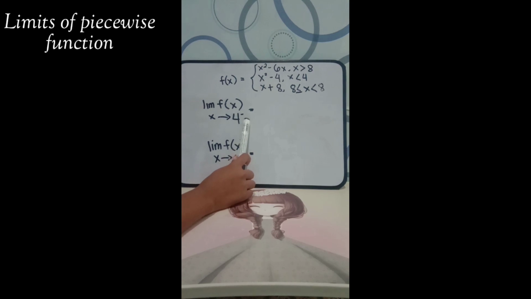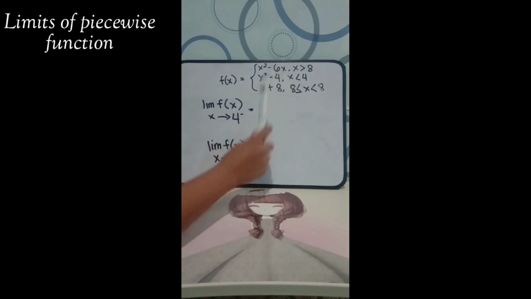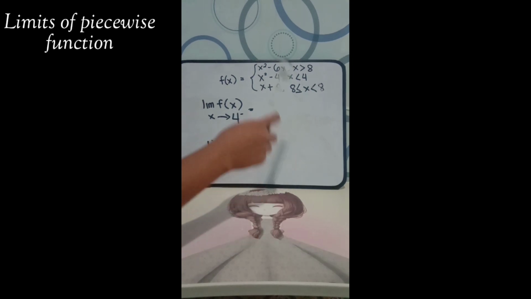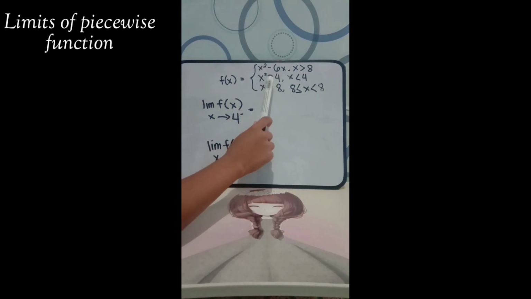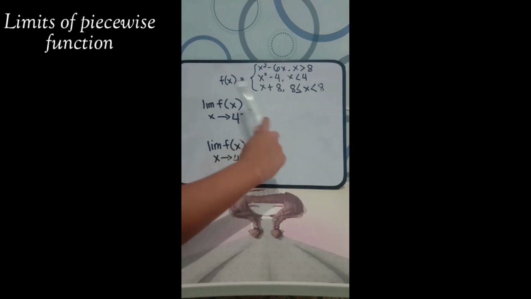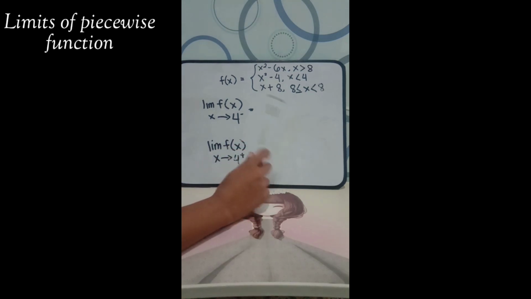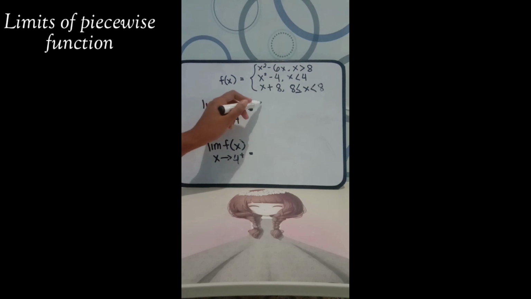Ano ba yung mga less than dito na pwede natin gamitin para i-substitute si 4? X squared minus 6x if x is greater than 8. Greater than 8 ba siya? Hindi. So, hindi siya pwede. X squared minus 4 if x is less than 4. So, ito na siya obviously kasi hindi naman siya pwede mag-less than to 8 at hindi siya pwede mag-equal to 8. So, gagamitin natin ay limit of f of x